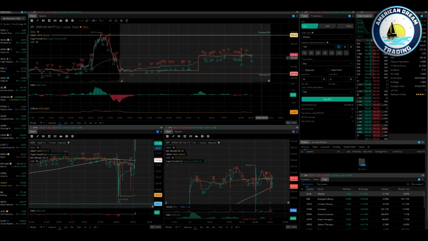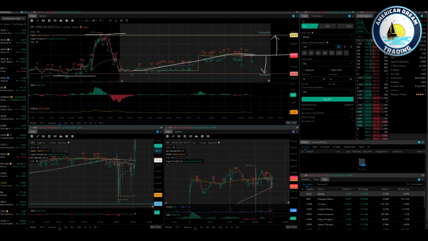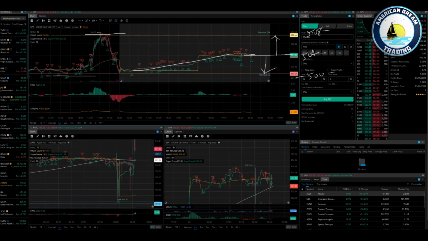The reason we're using this one is because it was so clearly defined right here and here. And right now we're just kind of playing in the middle. If you look at this, we are dead in the middle of both of these zones. You can't get any more in the middle. 508 and it's sitting at 504. It's exactly in the middle right now. Everybody see this? You can't get any clearer than that in the middle.